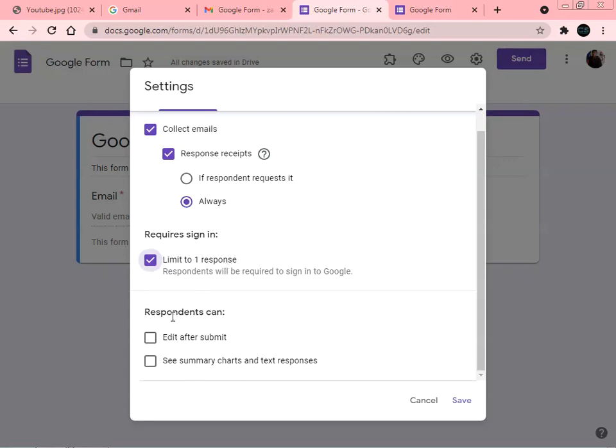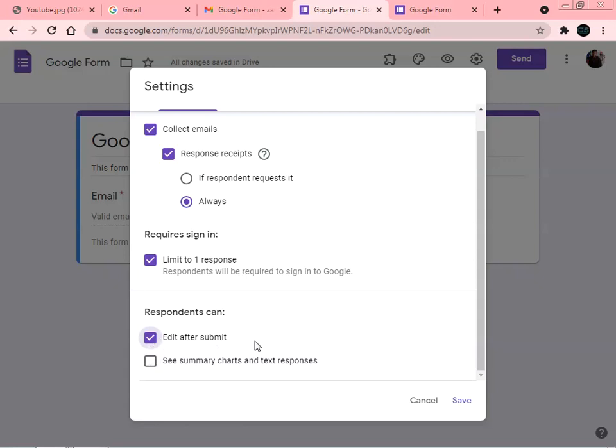Now down to this we are getting the respondent can edit after submit. This means that after submission of data I get the response receipt, and I see the information that my name is wrong. In that case, if the organizing team allows the user to edit, then click on this edit after submit.